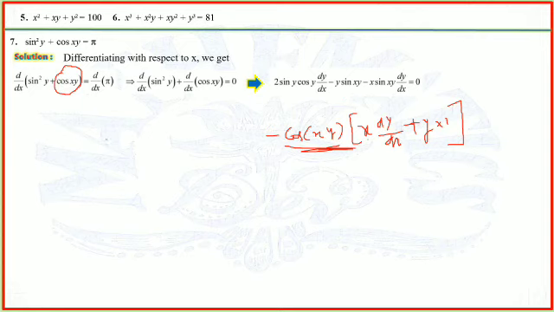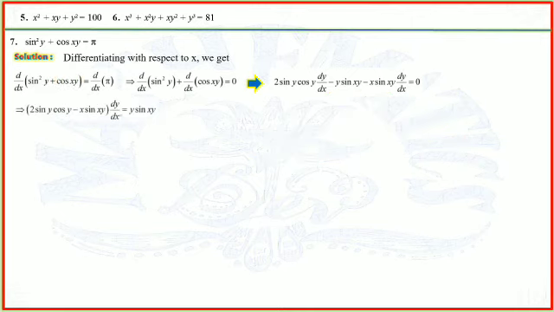So while differentiating cos xy, that will become here minus sine xy. So when you multiply this inside this, you will get this second term, minus x sine xy, and then dy upon dx, and then minus again, inside y into sine xy is this one, is equal to the right hand side.